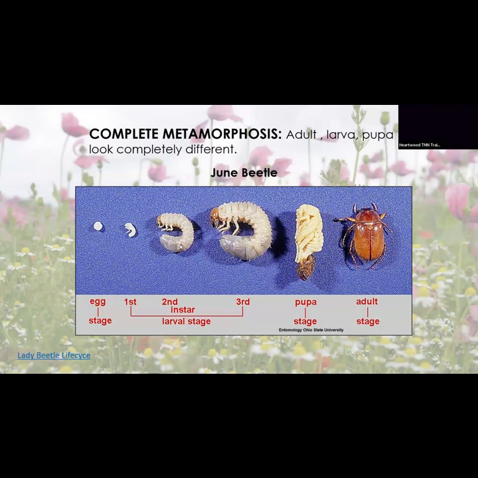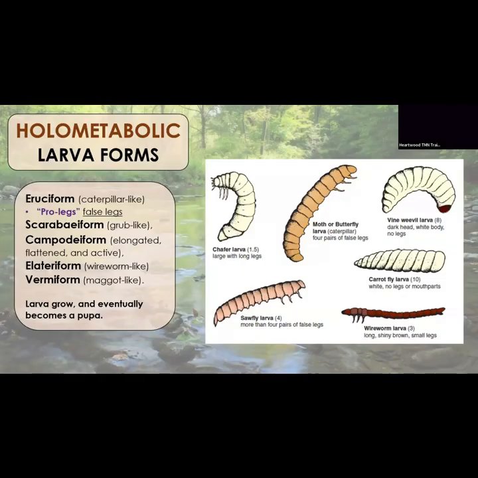So now we are into our holometabolous insects. So the insects that undergo a complete change, like beetles, like butterflies. That's why I was like, guys, we're just getting started. Woo! Okay, so I forgot to give y'all a printout of this, but it's just to show that they use a bunch of different words to describe the shape of larvae, because the shape of a larva is important. The gestalt of the larva is important.